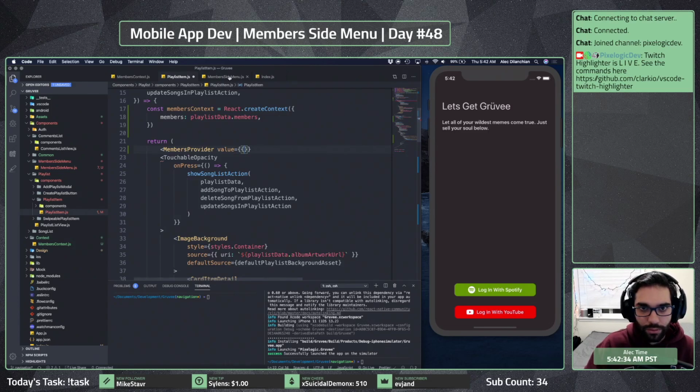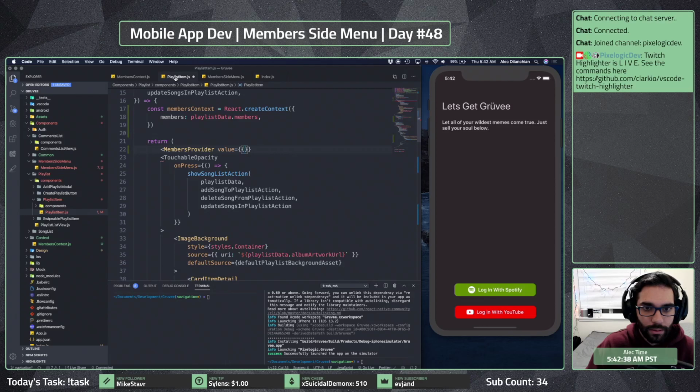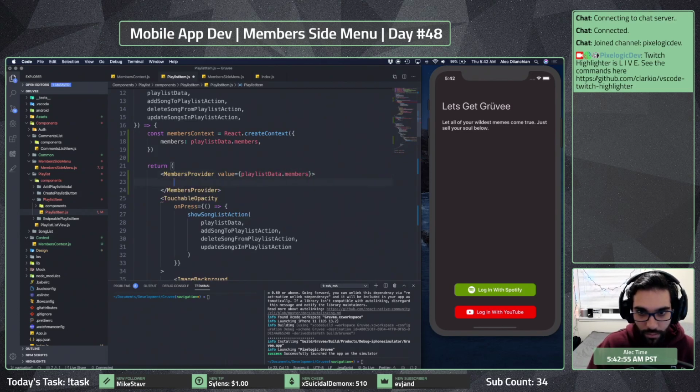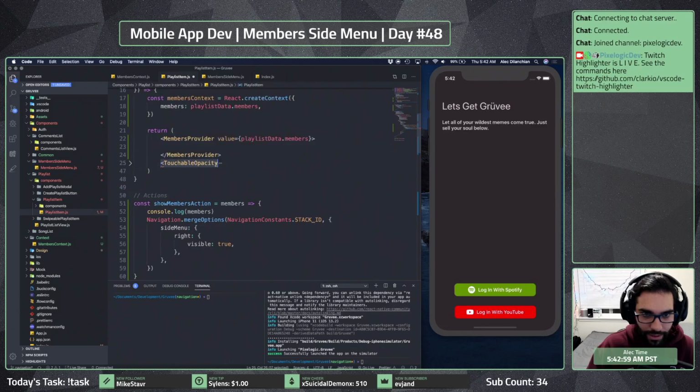And this value from what we had set up here. Oh no, so this value would just be like that. And then we take our touchable opacity stuff.